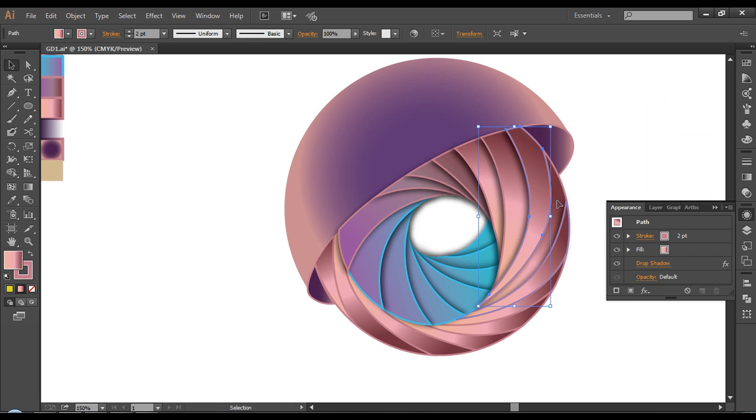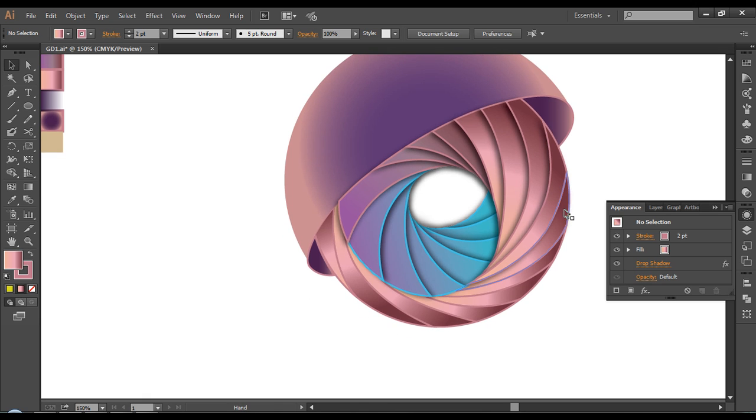It's step by step, selecting all these pieces and bringing them up one by one. If you don't do it like this, it is going to look odd, because we need this layer on the bottom and this one on top, then top, then top. It's the only way to create that.